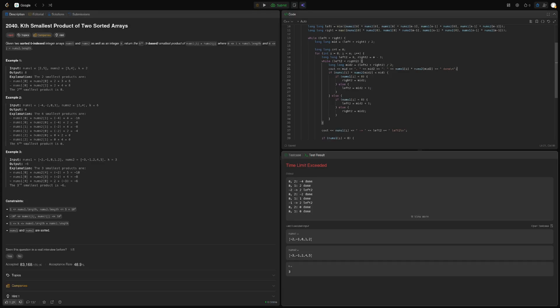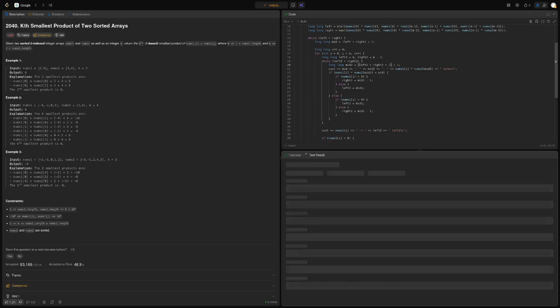So what did you do here? So right is equal to this, and then you go to 1. So left is mid 2, no. This didn't hold because we have mid is 1 and then product is 2 because we have minus 2 times minus 1. So that's larger. So left is mid 2 plus 1, and I actually want this. And then on this, what I'm doing is that